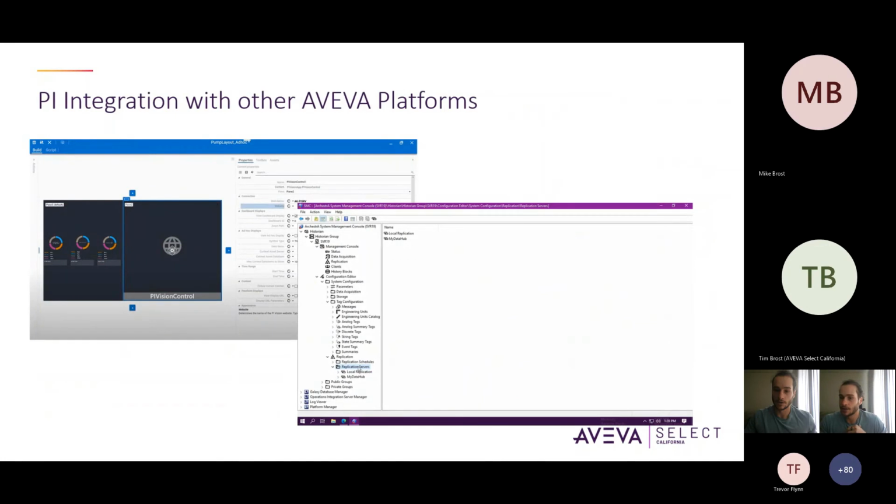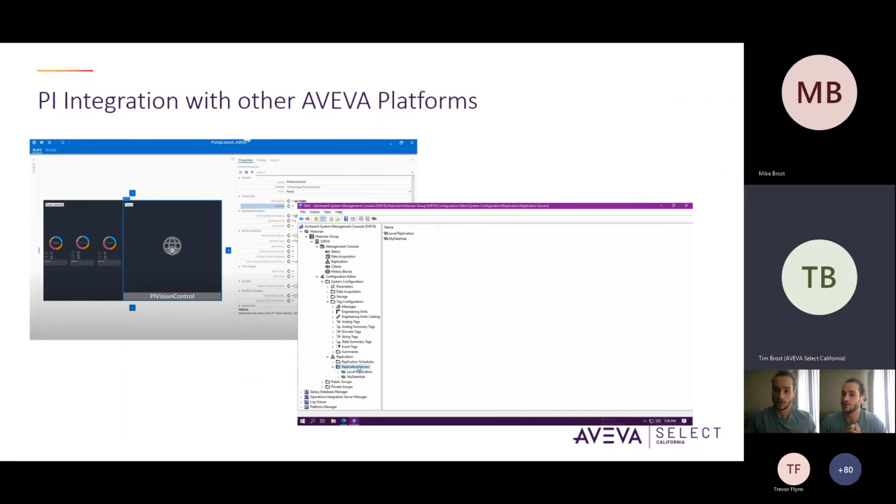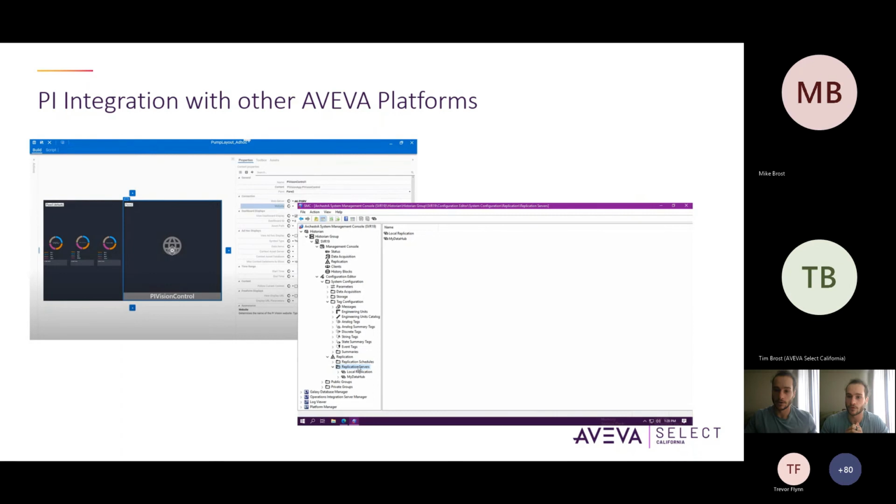So the updates you're learning about today, for the most part, pertain to the major 2023 software updates across AVEVA's portfolio, which includes updates to existing AVEVA products like System Platform, Edge, Reports, so on and so forth. So unlike these other product software updates, Pi itself doesn't really have any major 2023 software update to speak of, but